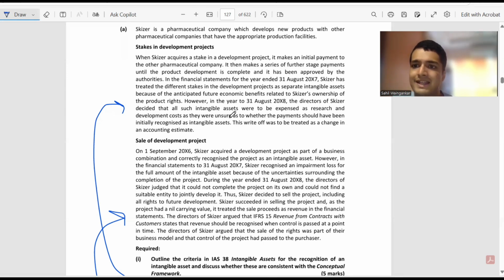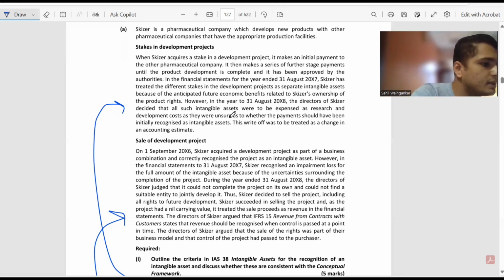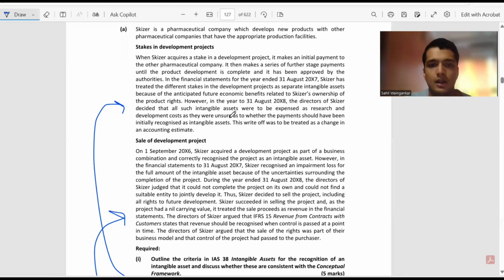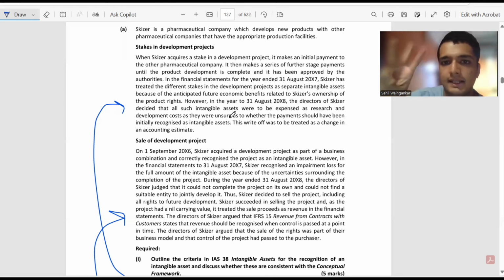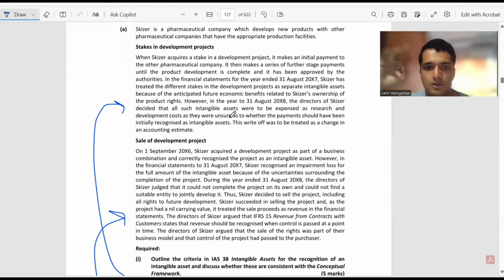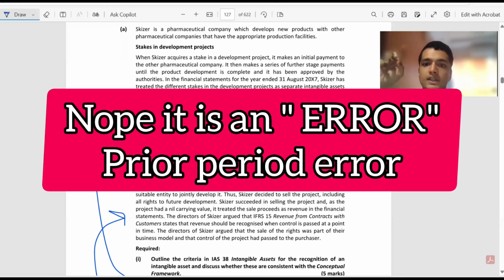However, in accordance with IAS 8, accounting policies, changes in accounting estimates and errors. Let me just check if my order is correct. I said policies first, yes, correct. Changes in accounting policies, changes in accounting estimates and then errors, that was the order I said. And first of all, this is not an estimate, this is a policy. So when it is a policy, the change in